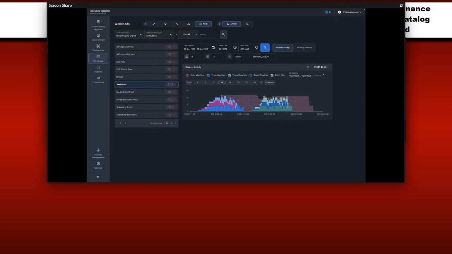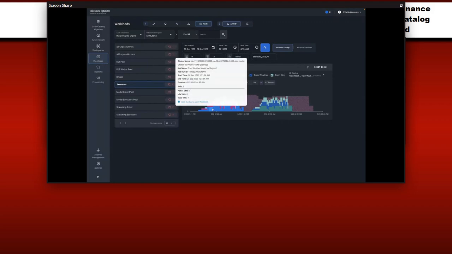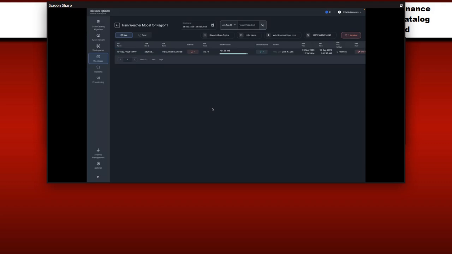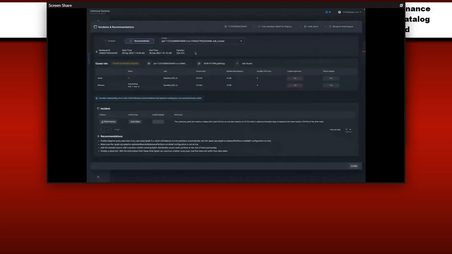Additionally, if you have questions about any one of these individual workloads, we can drill into them on an individual basis. And that kind of brings you back to that workload screen that we were looking at before. This one had a specific incident regarding data skew. If you've ever spent any time in the Spark UI, you probably had a little bit of pain there. That's just kind of the reality of the way that the Spark UI works.